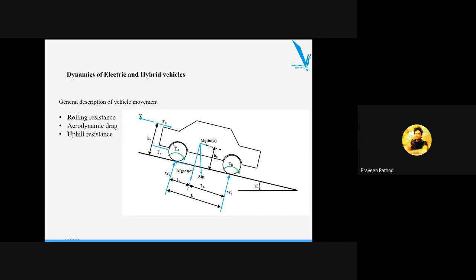Several forces are acting on the vehicle, and the net or resultant force governs the motion according to Newton's second law. So we can write down the equations with the help of WF. We call it the reaction force which is acting on the front of the tire, and a reaction force which is acting on the rear of the tire. Then the force of